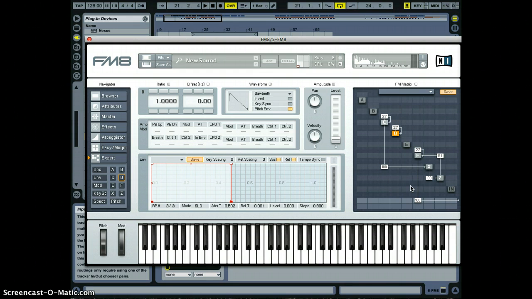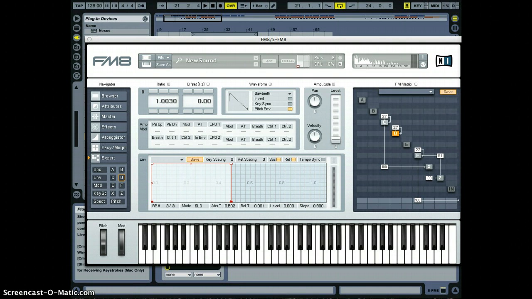We're also going to want to detune both of our modulators, operator C and D, relative to each other. So C will go down to a value of 0.9970, and operator D will be set to a ratio of 1.0030, so that they are evenly detuned. After we have detuned both of our modulators,